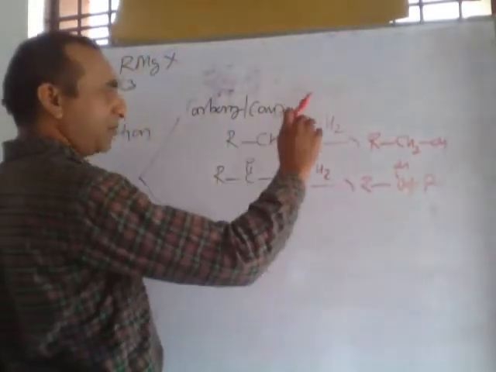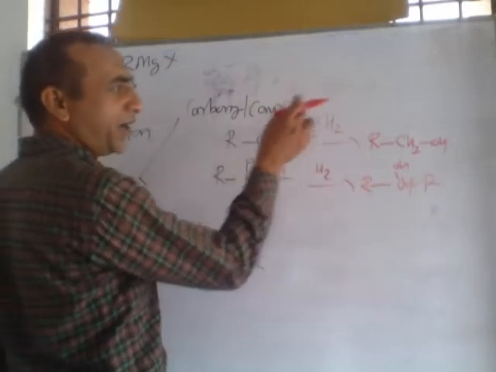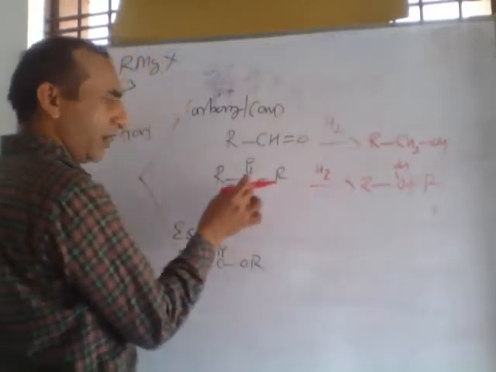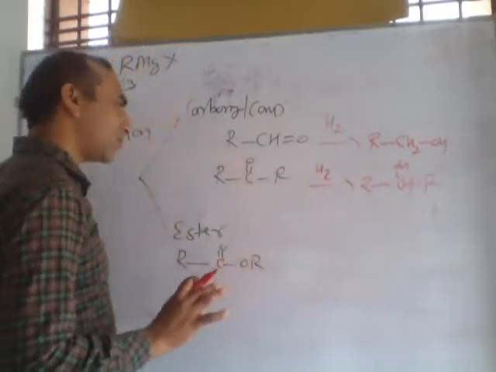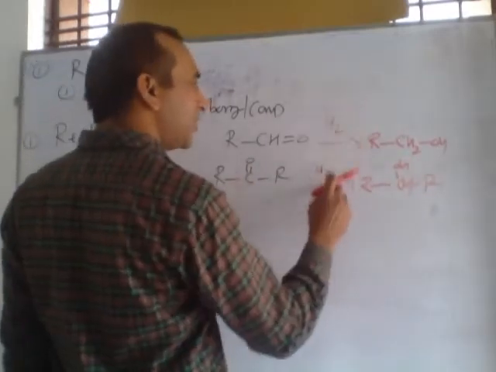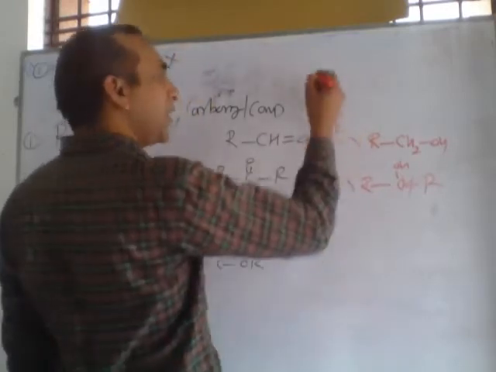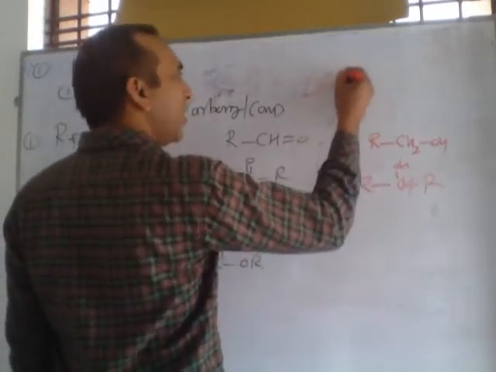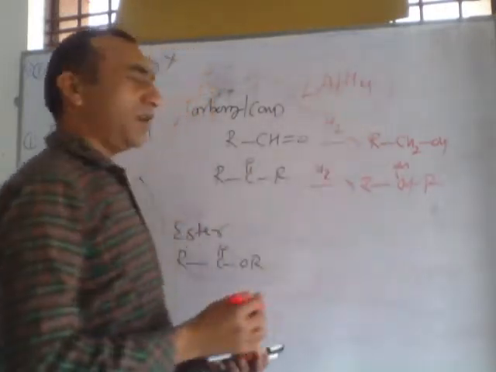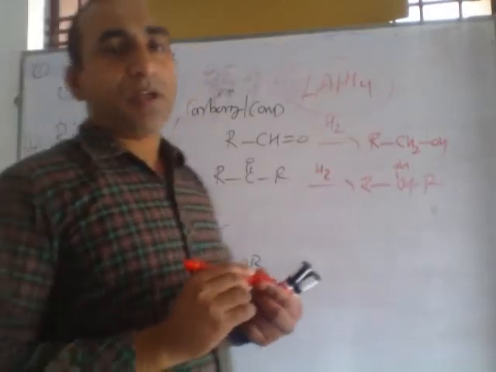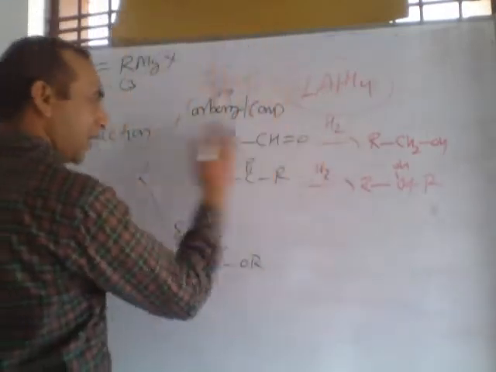So reduction means addition of hydrogen. Aldehyde gives primary alcohol and ketone gives secondary alcohol. But listen, for this hydrogenation we use lithium aluminium hydride as the reductant. This is a powerful reducing agent that provides 4 hydrogen, and its beneficial property is that if in an aldehyde, otherwise